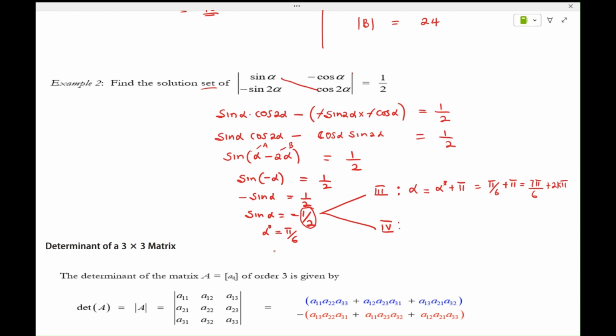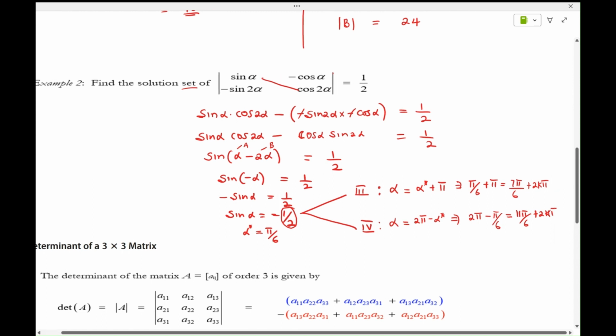Then the same thing here, but we're in the fourth quadrant. Alpha in the fourth quadrant is going to be 2 pi minus alpha star, right? Remember, alpha star is your reference angle, the angle in the first quadrant such that sine of that angle gives you 1 over 2. So this means you have 2 pi minus pi over 6, and this will give us 11 pi over 6. Then you can add 2 pi k,